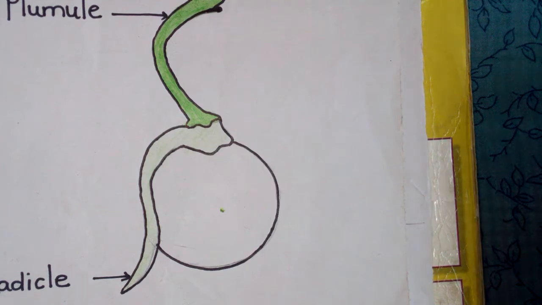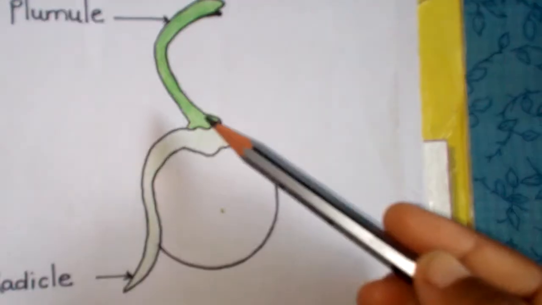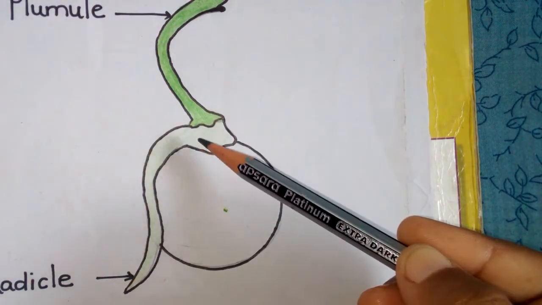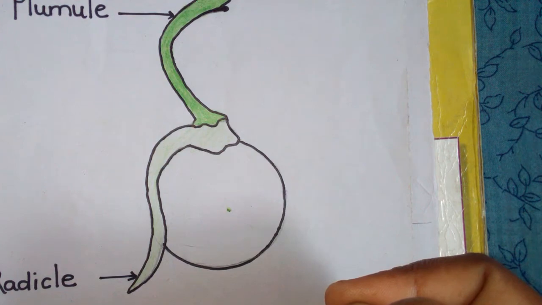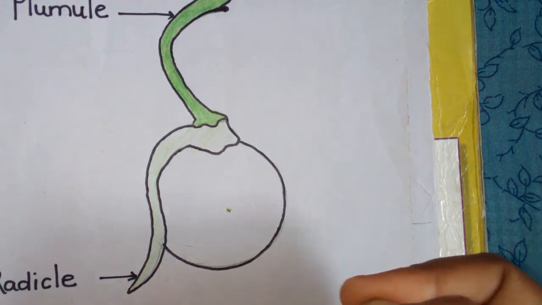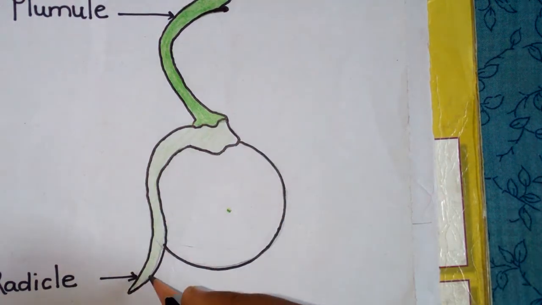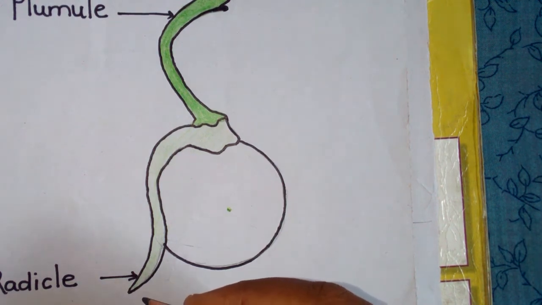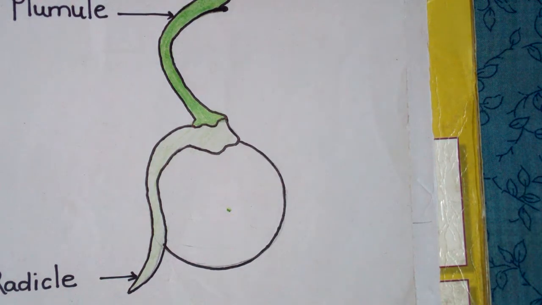All of you understood? Seeds grow in two parts. Which two parts? Plumule and radicle. The plumule grows in an upward direction. And the radicle grows in a downward direction, inside the soil. Understood? And then on the radicle, the formation of root happens. Now see what is the function of the root.